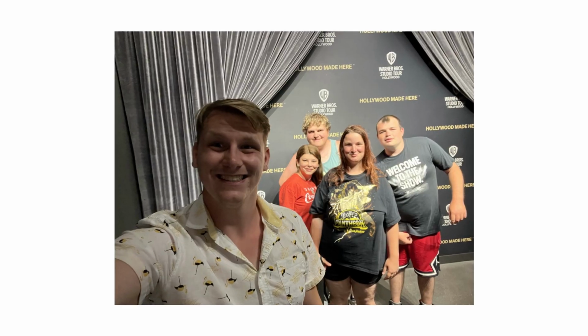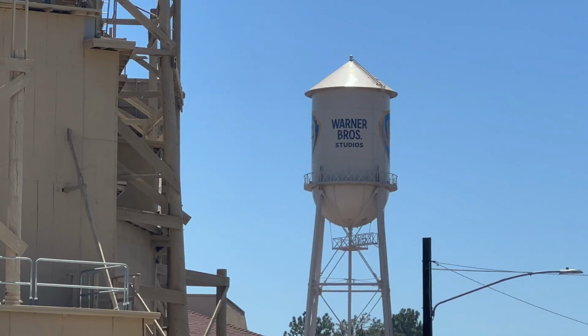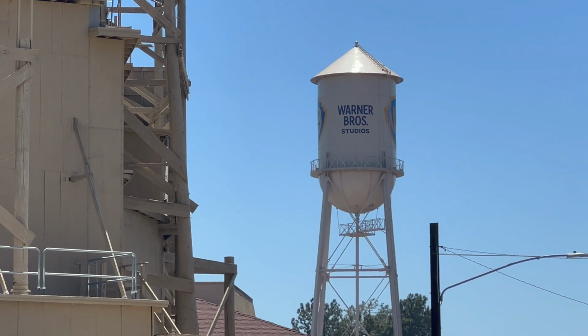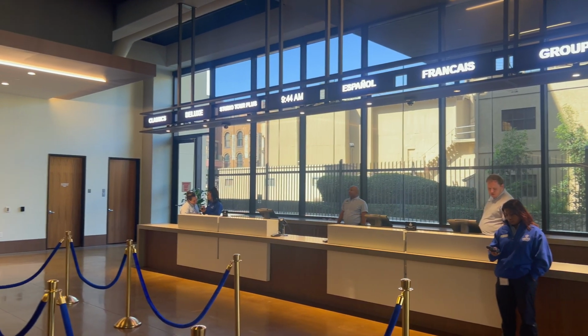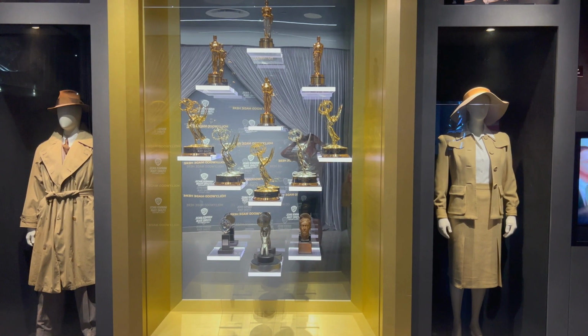The tour concluded with an opportunity to film yourself in front of a green screen flying on a broomstick, which none of us actually purchased, before directing you to the gift shop and back to the main lobby from which you entered. Overall, it was a very cool experience, and I'm so glad that we were able to include it